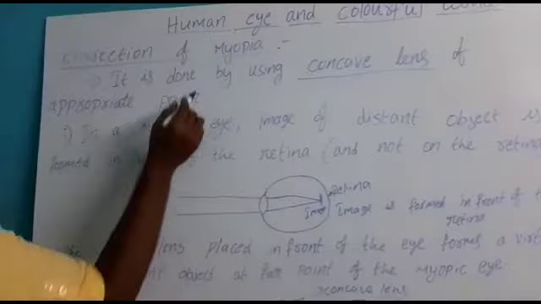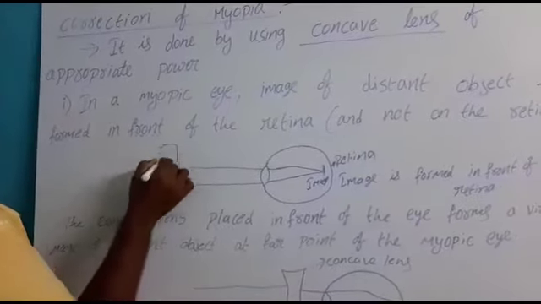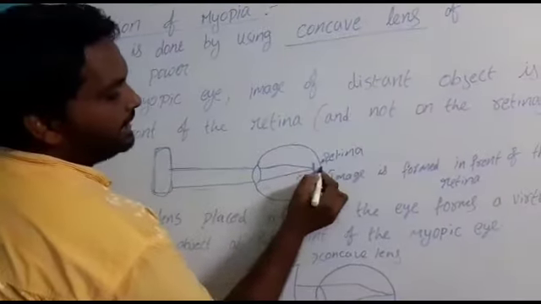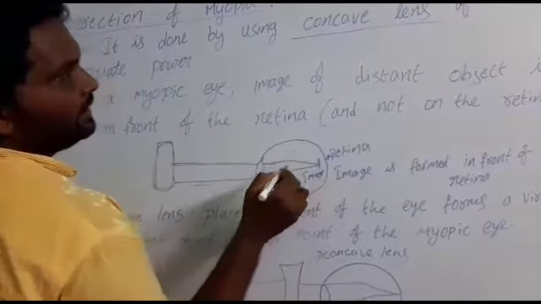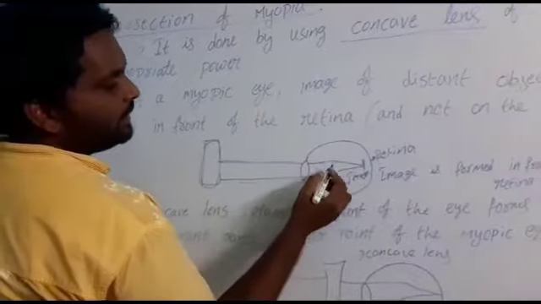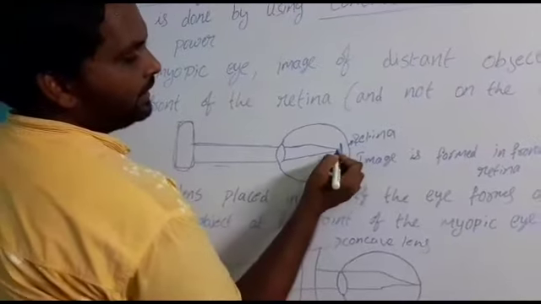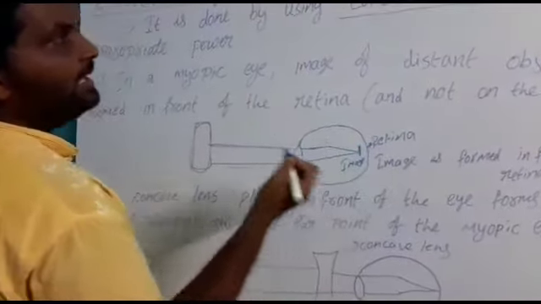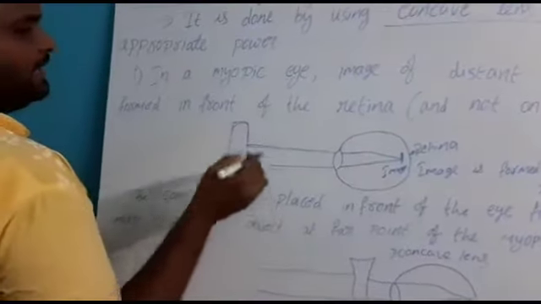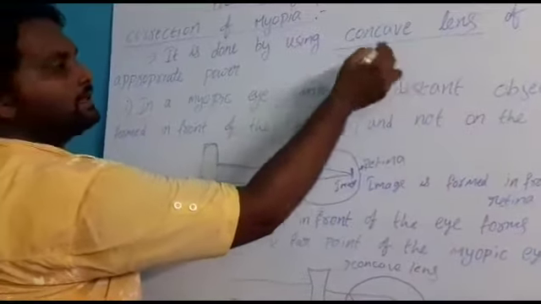I already told you about those suffering with myopia. For example, here is an object. The image should reach up to the retina. When it reaches the retina, only then can we see that object perfectly. But for those suffering with myopia, the object image is formed only up to here. So he can't see that object properly. It should reach up to here, then only he can see. So how to solve this problem? By using a concave lens in specs.